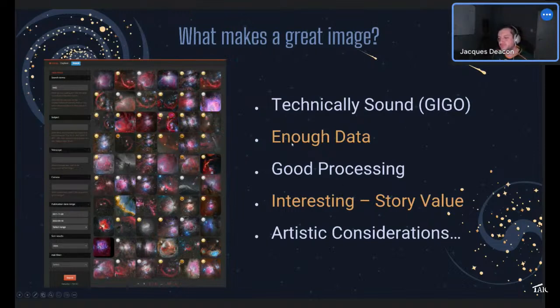Then you also need enough data. Unfortunately, the stuff that we capture is extremely faint. You need the data to process. It makes processing easier. You can reveal so much more by just having the data while you process. So you need the data. You really do need it, and